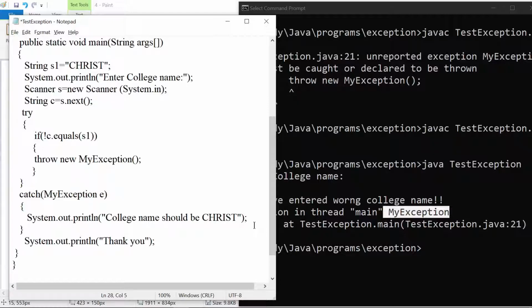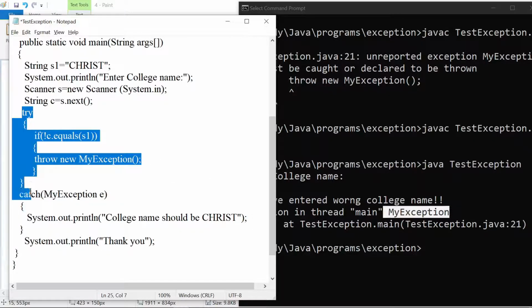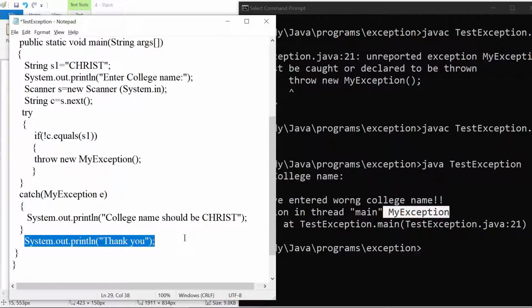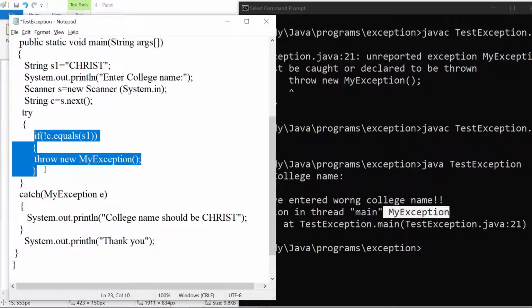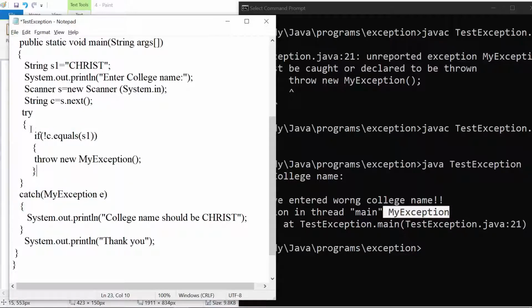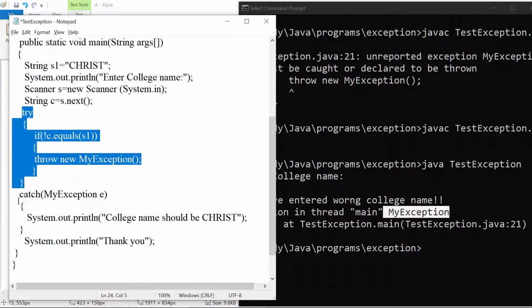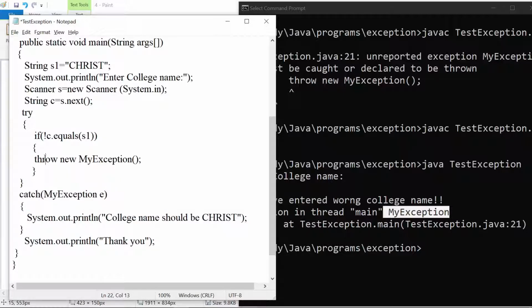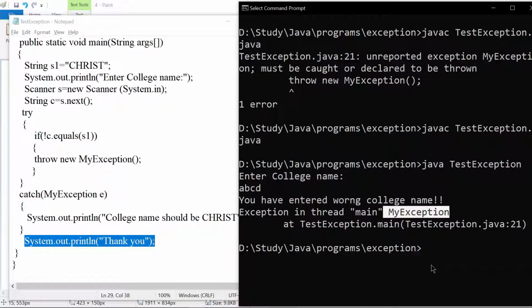Why are we modifying this one with try and catch? Because we want to execute this statement also. If you want the system to handle this one, it will stop the execution there and it will not execute this one. But if you want to handle the exception, then obviously we need to put that one in try and catch. Even if it's predefined or user defined, if you want to handle it, you need to use try and catch. So throw we have used, and this one we have kept. Now let us run this program and see how it will be executing.